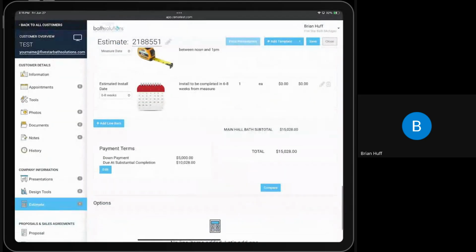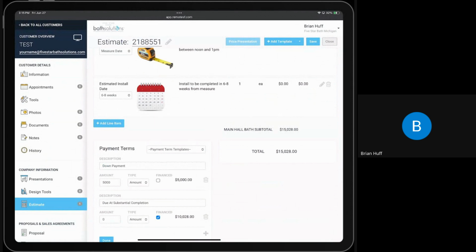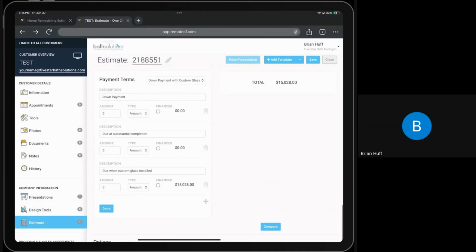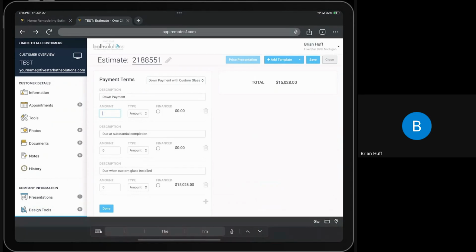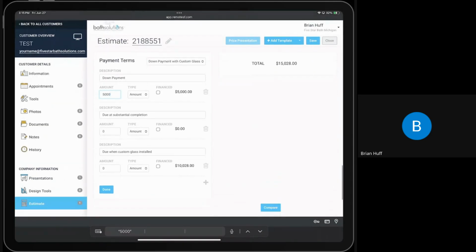So we'll edit the payment terms, but let's say they have custom glass or a two-stage deposit, something where it's a little different than normal. So if they have custom glass, let's select that. We'll do the $5,000 deposit, but then due at substantial completion would be all but $1,000. We're going to hold off on that $1,000 because with custom glass, the final